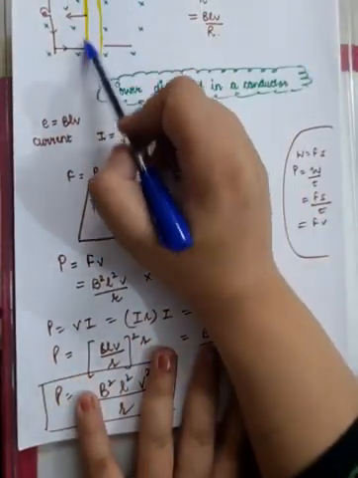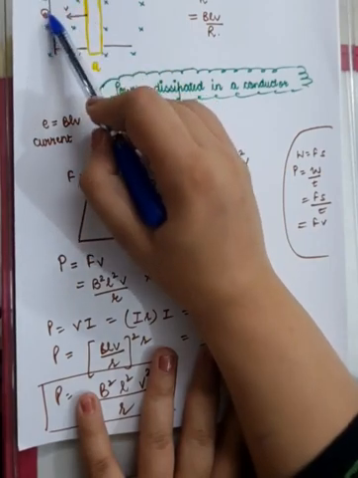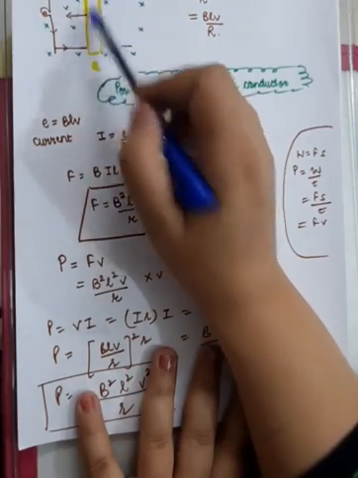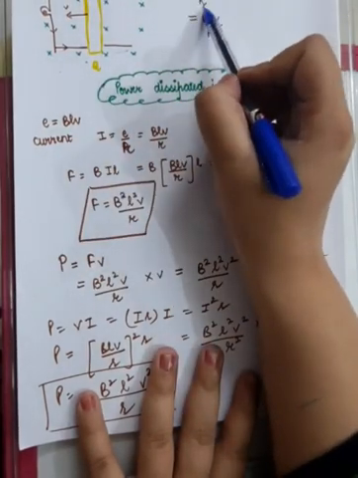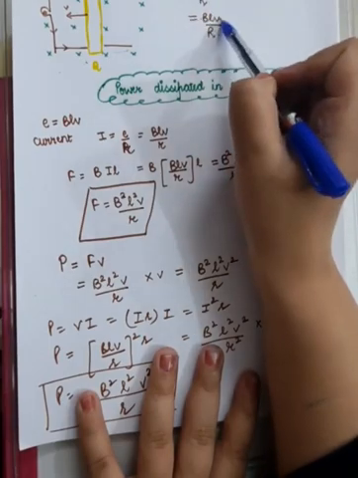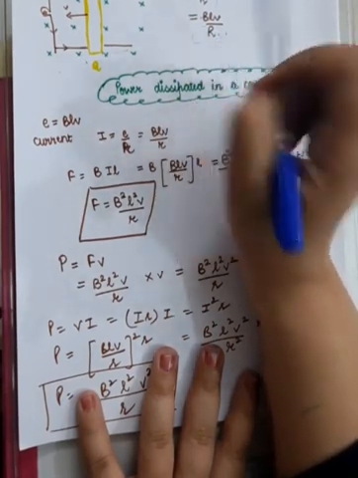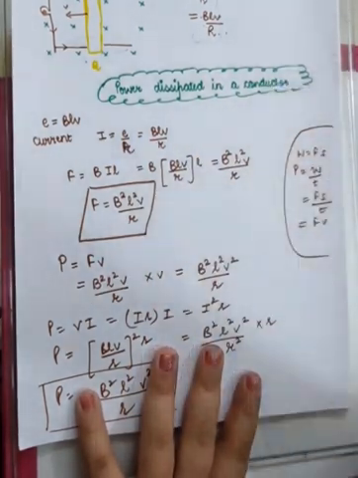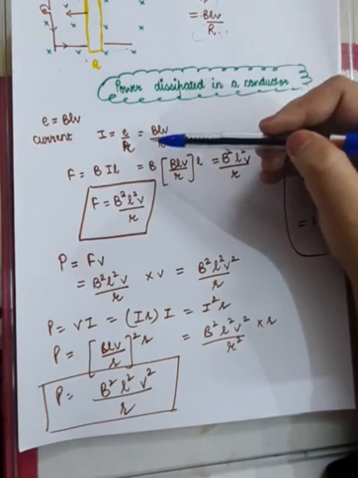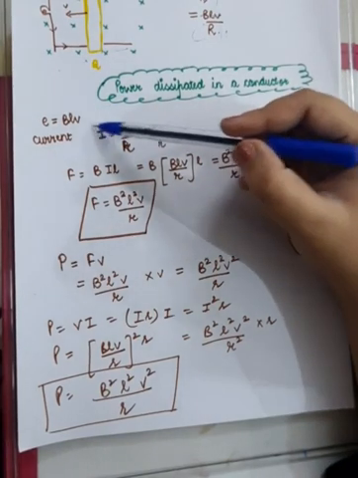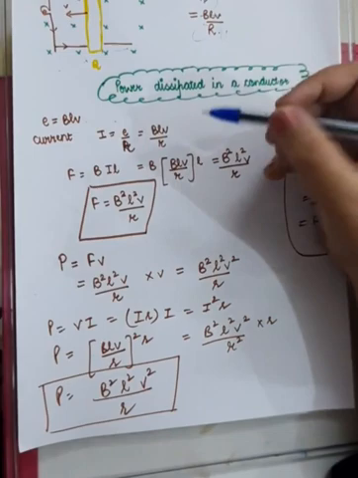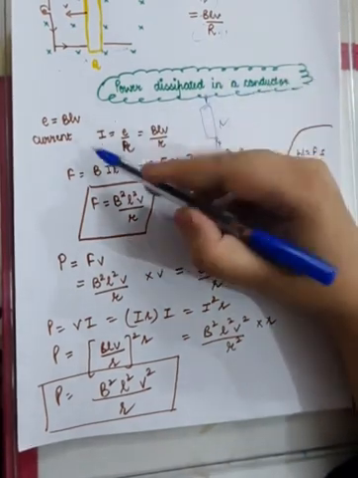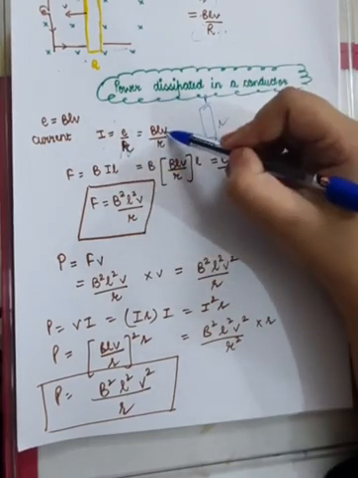And if you keep this rod on a conducting rail connected to a bulb like this, so current will start flowing from the positive end to the negative end. So I is equal to E upon R. E is BLV upon R. So this is the value of induced current. Now we will find out the value of power dissipated in a conductor. It all starts with a discussion of induced EMF, which is BLV. Okay, so let the resistance of the arm PQ be small r. So induced current will be E upon small r, BLV upon r.